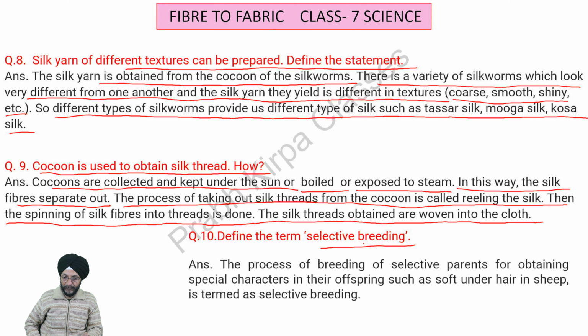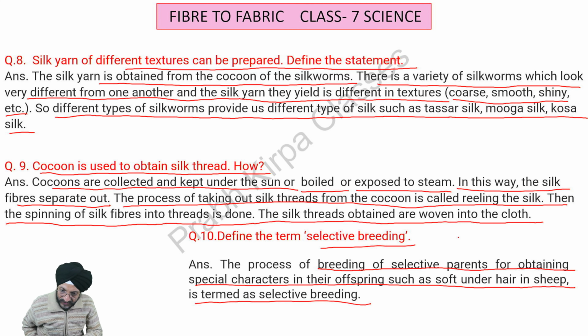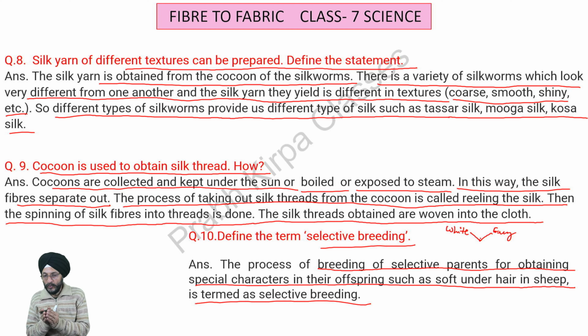Define selective breeding. The process of breeding of selective parents for obtaining special characters in their offspring, such as soft hair in sheep, is termed as selective breeding. We can understand this with the help of an example. Suppose here is a sheep which is having white color, and the other sheep is having some gray color. You want that the mix of these two colors should be there, that the sheep which takes birth should have